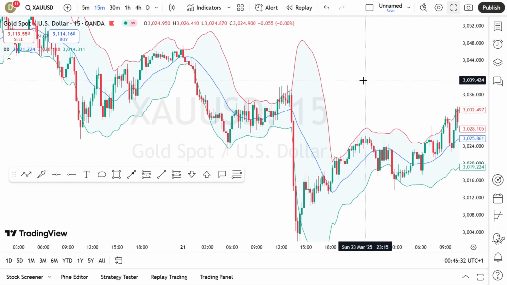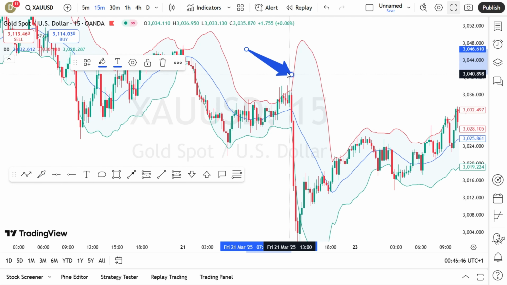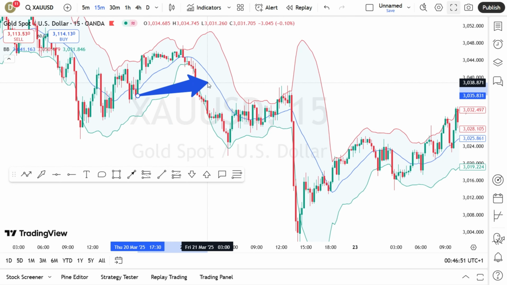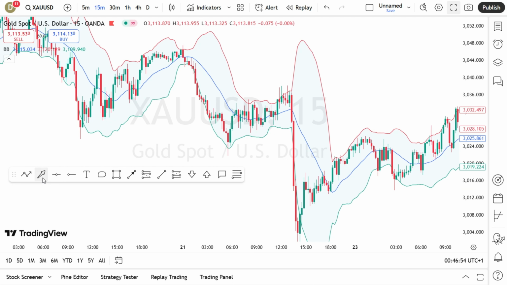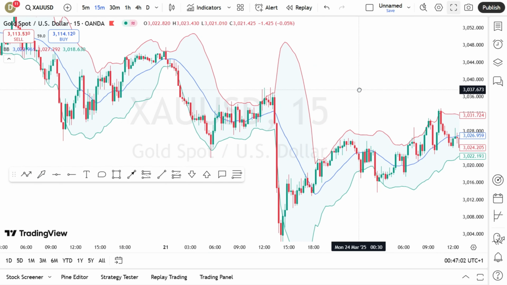Bollinger Bands has three parts. We have the upper band over here. It has the middle band over here. This is your middle band. And it has the lower band over here. So when the market is loud, the bands expand, and when the market is quiet, the bands contract